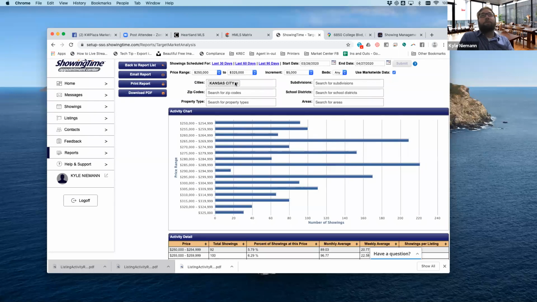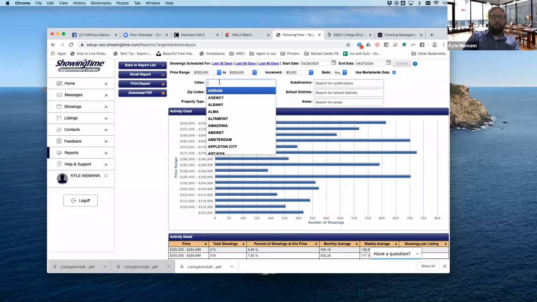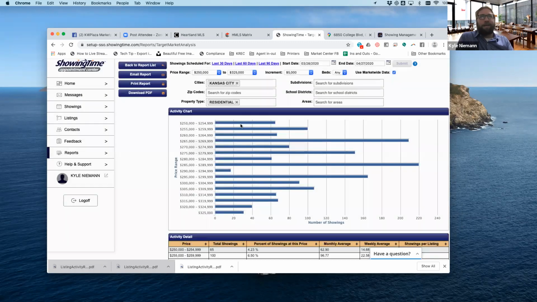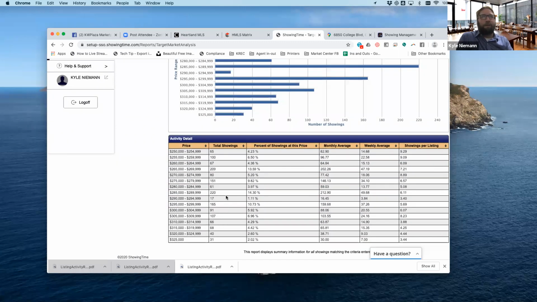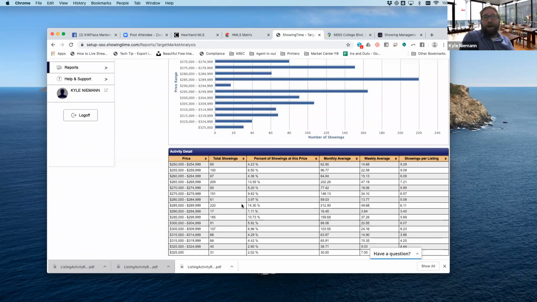The more you narrow it down, sometimes the smaller the property gets, and really there's not many showing differences. Put Kansas City back in. There's not really showing scheduled for lots and some of the other stuff in here, multi-dwelling. So there's really not a big difference between the numbers if you forget to put that particular spot in there. But really cool to be able to kind of narrow it down to $5,000 ranges and really see that, even